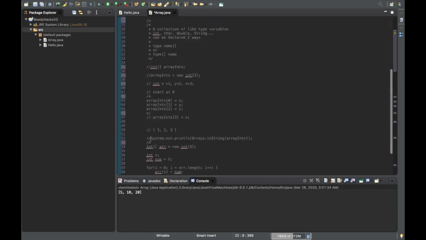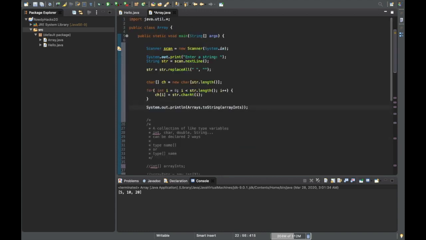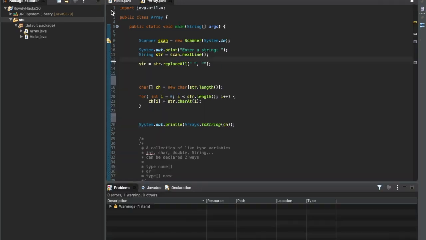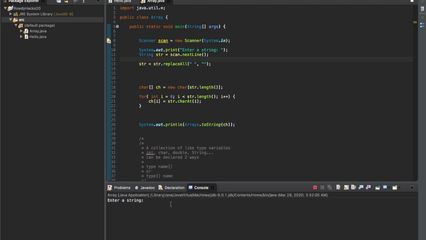Now if I steal one of these print lines, now if we run this program, we can enter a string like RowdyHacks is the best ever, really. Then you'll get an array of all of the characters I entered minus the spaces. You could take this step further. You can see there's some messed up capitalization here. I mean, that's probably correct there, but